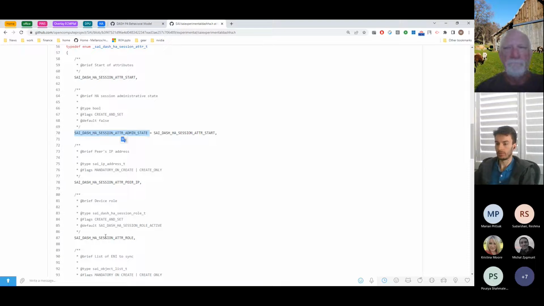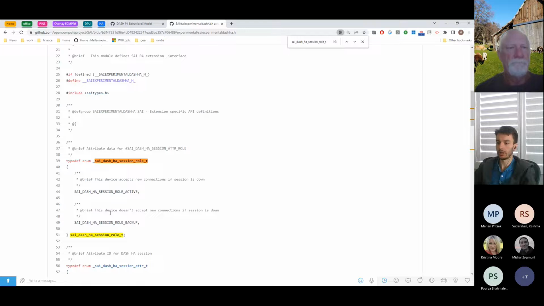And the role is the next attribute, which is optional. It is create and set. So there was a question why we need backup role. In case there will be a requirement that high availability takes priority over new connections. So this is an enum. We have two roles defined,